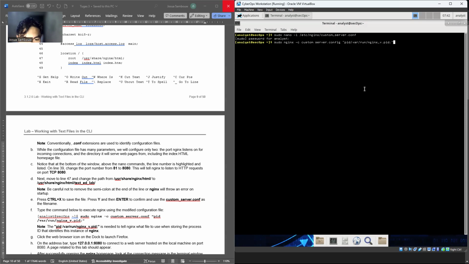The PID var run is needed to tell which file is used for storing the process. I did it first. Enter.